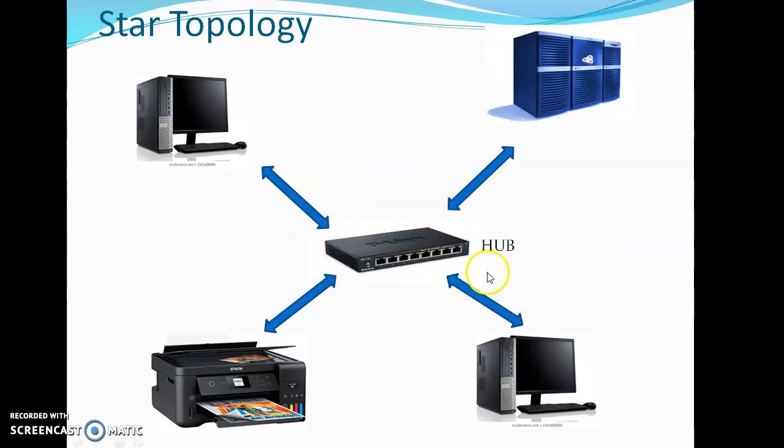Hub is a central body. Right? So the message will come here, and then from here we'll transmit the message to all the other devices. Now the problem here remains the same as what we have in the bus or the linear topology. Since this is the main means of communication, if I remove this from the picture, there will be no means for every device to interact with each other. And so that means the entire network will shut down.